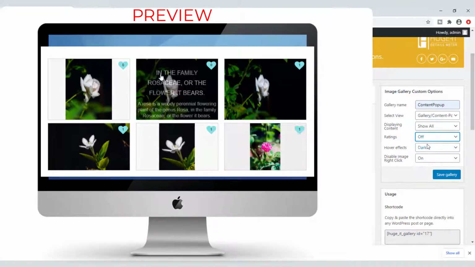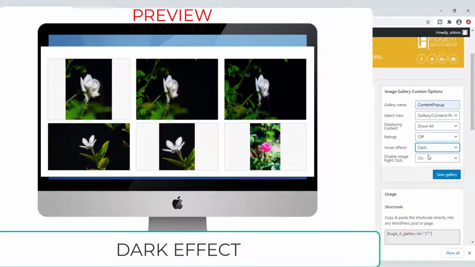Then the hover effects. There are multiple effects available here. We can test one by one.